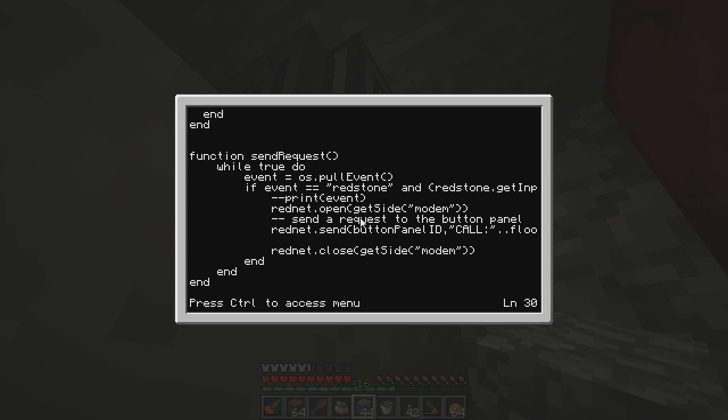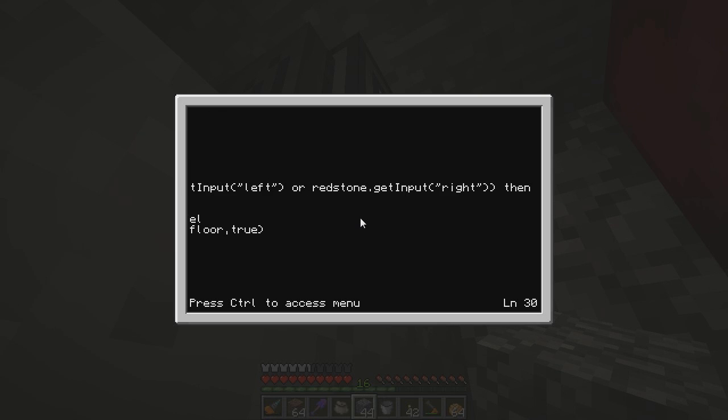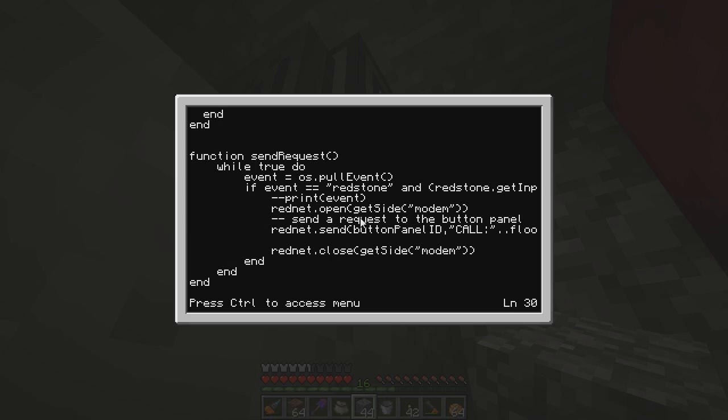And I think it just hit the microphone. Sorry. This causes 2 RedNet requests to happen so fast that the same floor will get added to the queue twice, even though I do have checks to make sure that you can't add the same number to the queue. It just happens so fast that it just seems to ignore all that. So